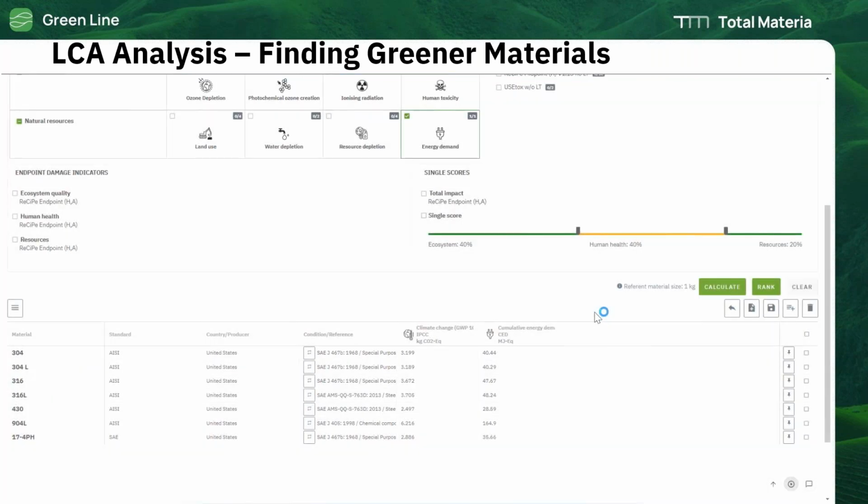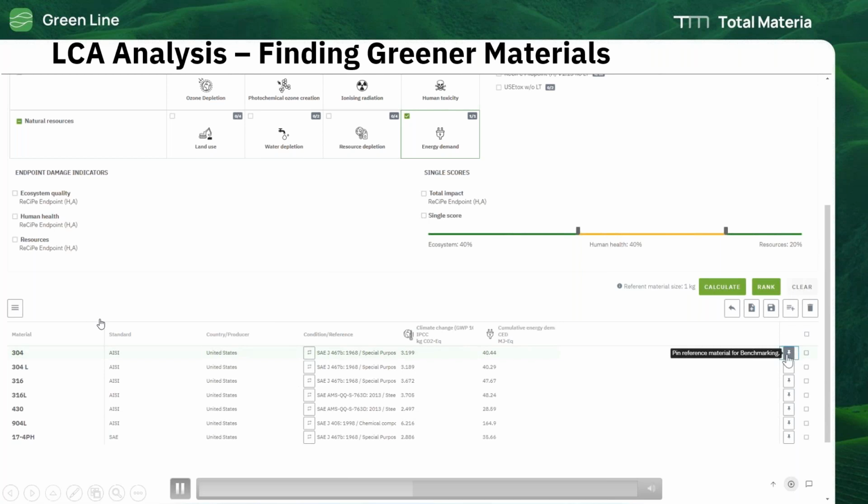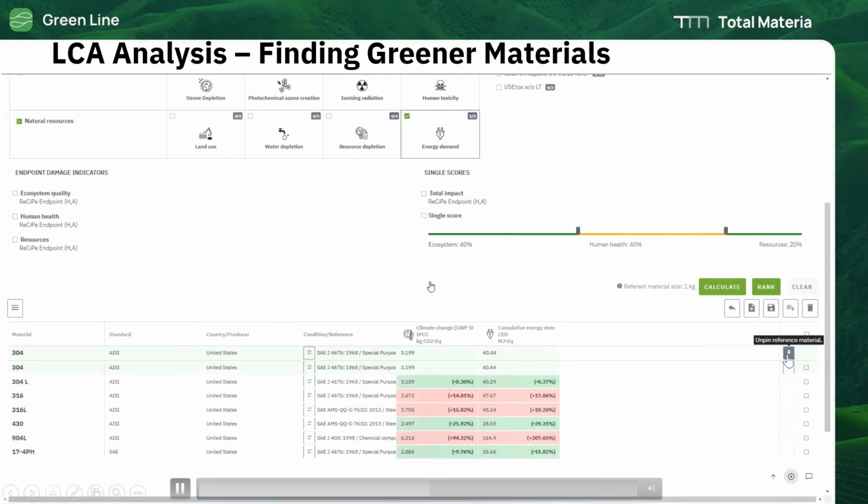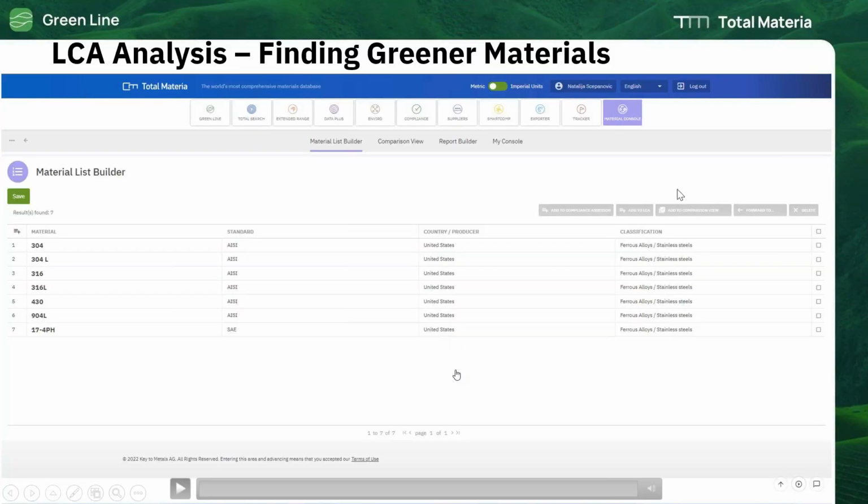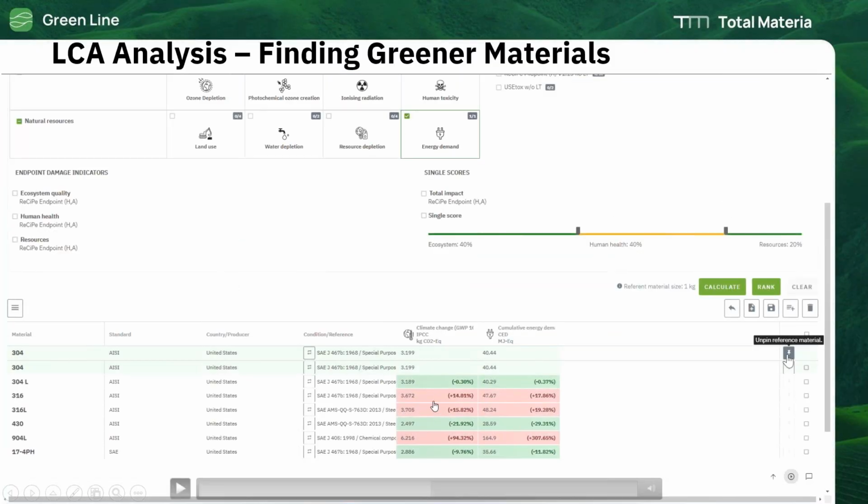And we see how green these materials are. And this is our material list here. When we just calculate this, we can see some of these materials are not green actually. These are red materials. These percentages are so much higher than the others,